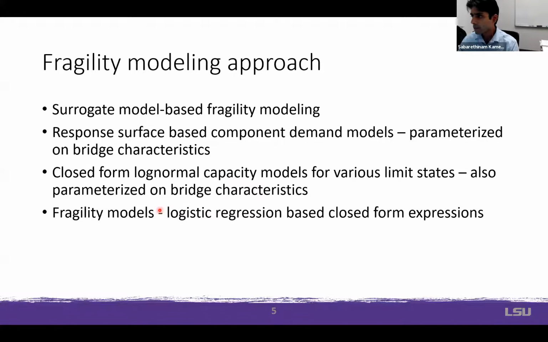So as I said, we will be using parameterized fragility modeling. And for this, we use surrogate models. So the idea for surrogate models is that when computational simulations become really expensive, we want to substitute the simulations with using a simpler, easier model, which is a surrogate model in our case. And we use response surface-based models to parameterize the response of the bridges. And also we develop closed form logistic regression-based fragility expressions for the 7 bridge classes for the 2 different types of hazards that we are looking for.